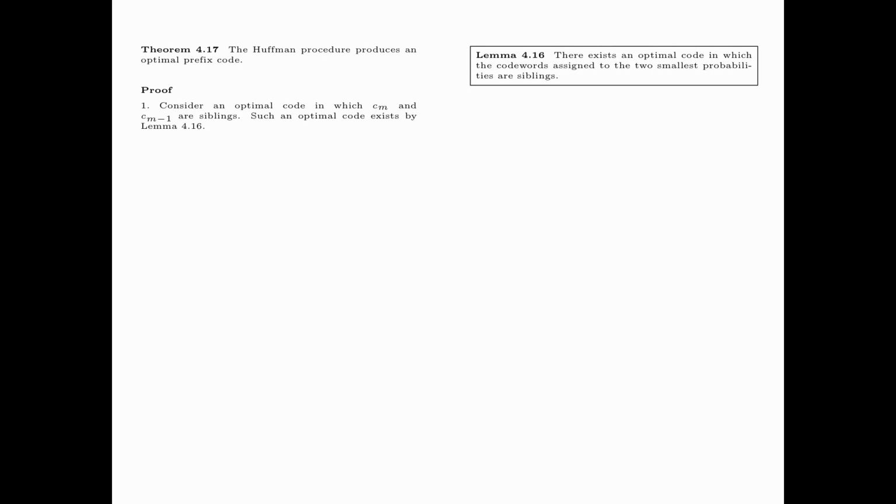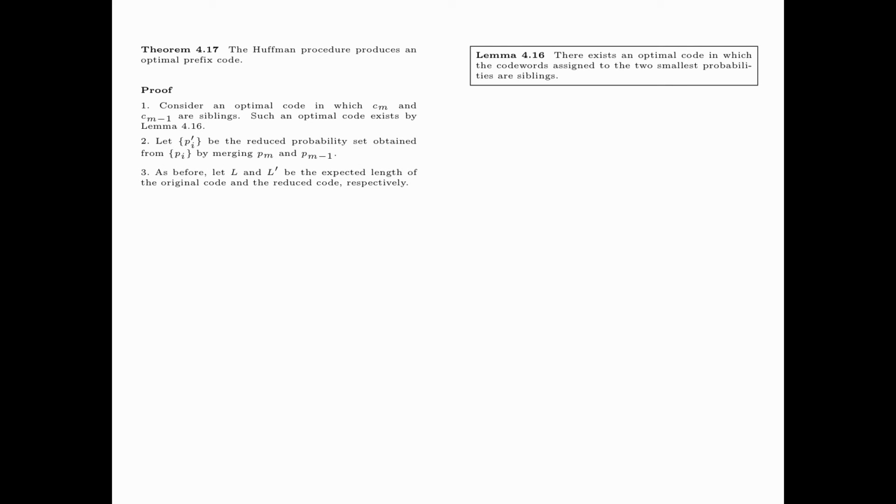We now prove Theorem 4.17, which says that the Huffman procedure produces an optimal prefix code. Consider an optimal code in which c_m and c_{m-1} are siblings. Such an optimal code exists by Lemma 4.16 that we have already proved. Let {p_i'} be the reduced probability set obtained from {p_i} by merging p_m and p_{m-1}.